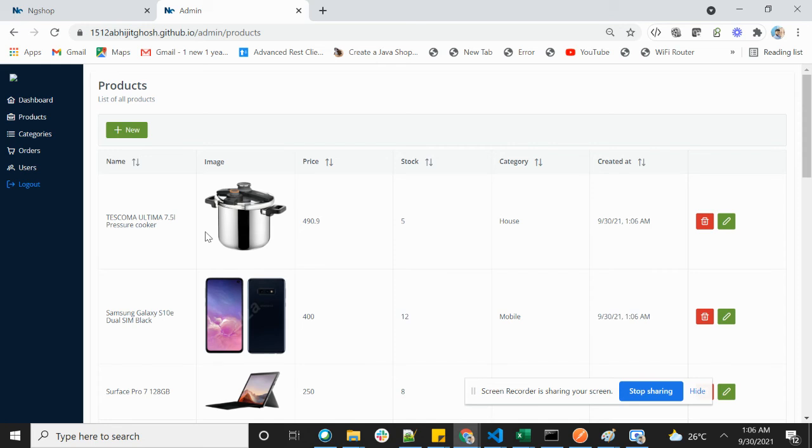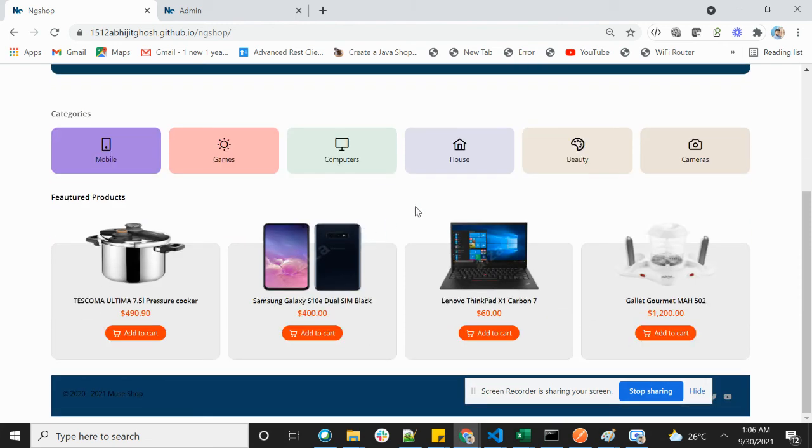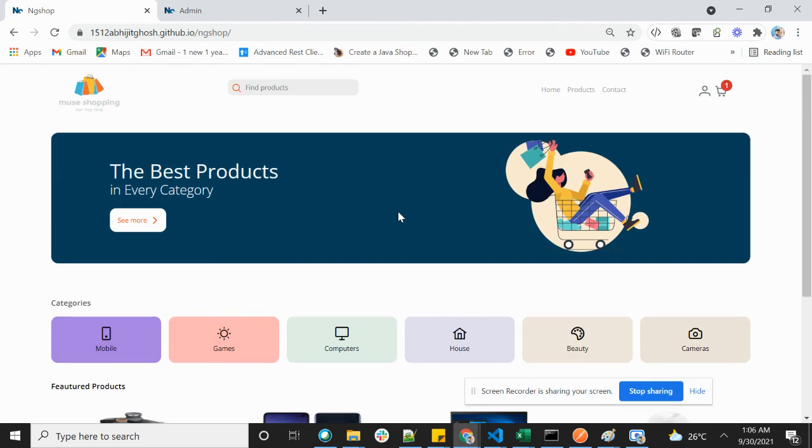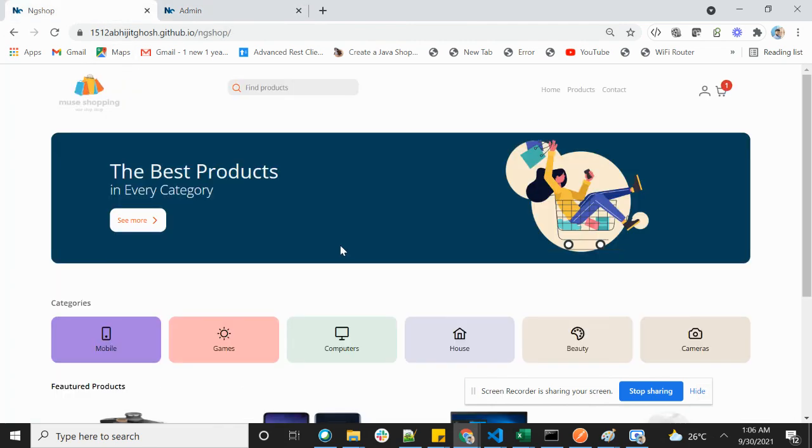Okay, now the main point which I am going to tell you is that we have built these applications. I have built these applications with Node.js, AngularJS, and MongoDB. Okay, and we will deploy the whole application and see how it works. So this is just the introduction video of what we are going to build and how we will build.